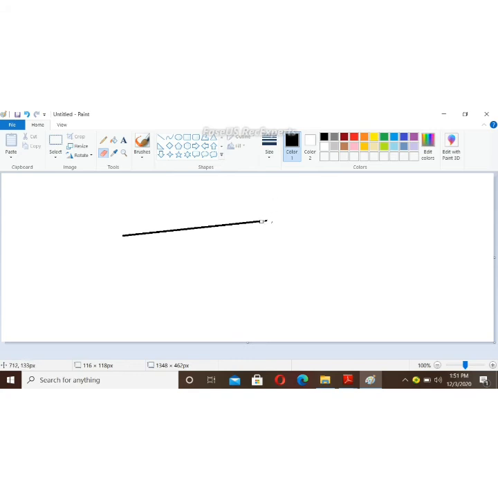Using this eraser, I can easily erase the line. How do I erase? Pressing and holding the left mouse button, I move the eraser, and I could completely erase it. This way, I am drawing another figure again, then I will show you the use of the eraser tool. Select the tool, select the size, and now you can simply erase. Left click and simply erase. So this way you can erase.